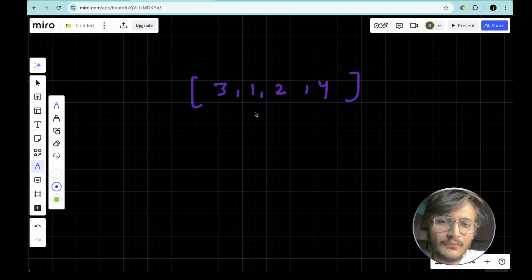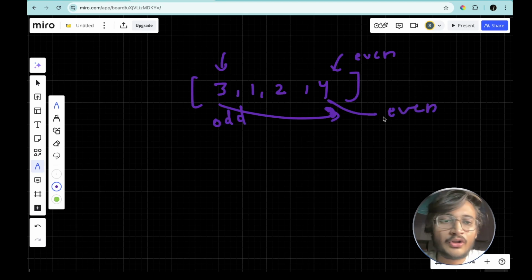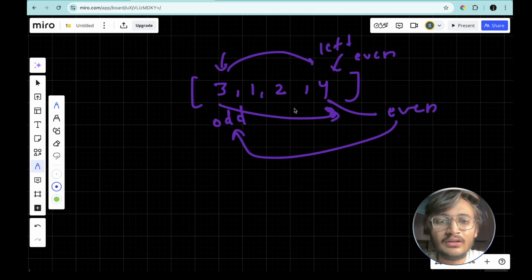So there are only three possible cases for this. Either this number can be odd and this can be even, and vice versa. So if this is odd, then we have to swap it. Why do we have to swap it? Because this should be even, as we want all the even numbers on the left side and all the odd numbers on the right side. So this is the only case where, if this is odd and this is even,